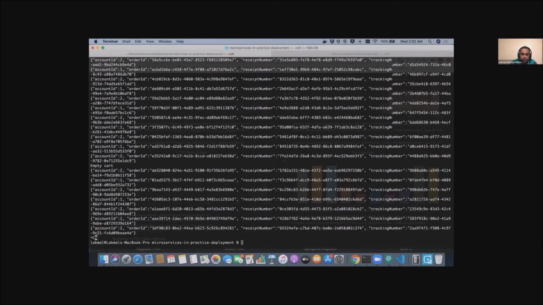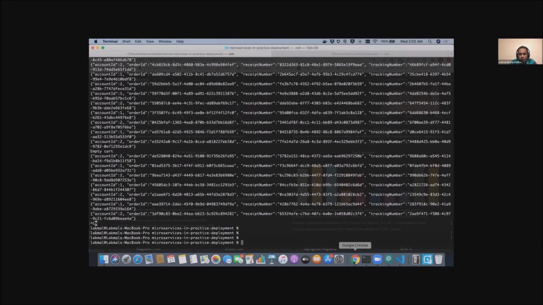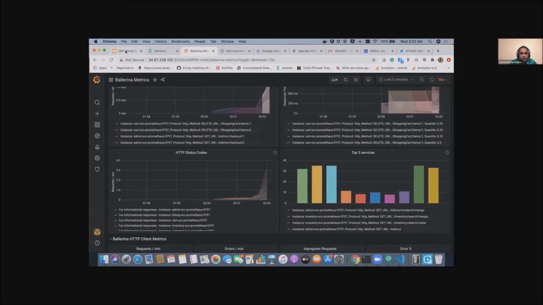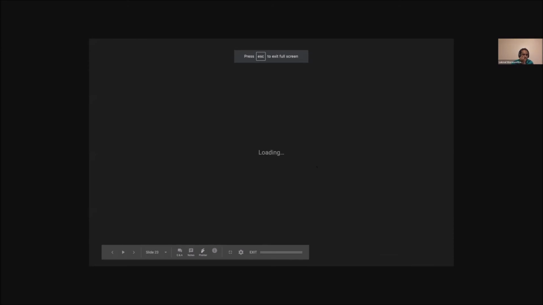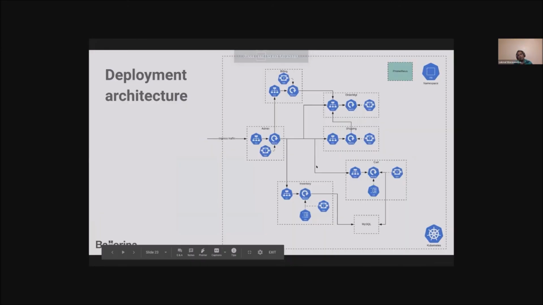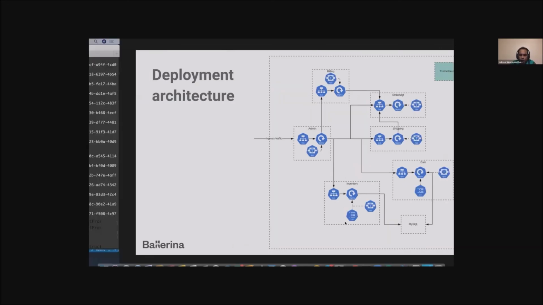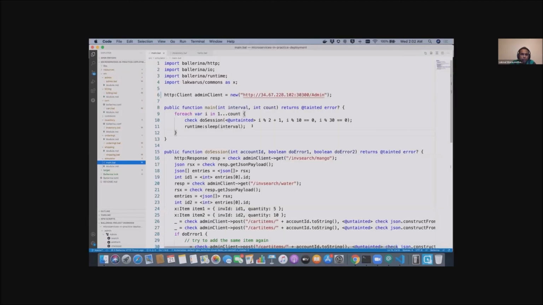So this is how you can deploy this application into a platform like Kubernetes. And if you want to deploy the same application into a platform like Istio, a service mesh, this programming language supports all of that.